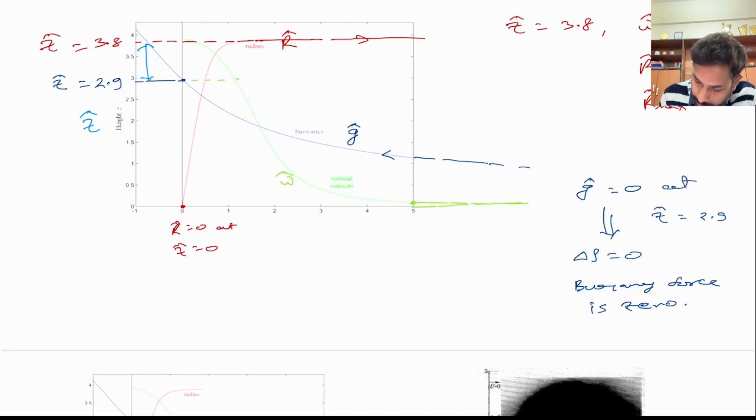At this point, this is W hat, which is not zero, right? So that vertical velocity is providing momentum, right? So that momentum flux or inertia force is actually driving the plume upward, and that is why this delta Z that you see here of 3.8 minus 2.9, that delta Z is covered by this momentum flux,